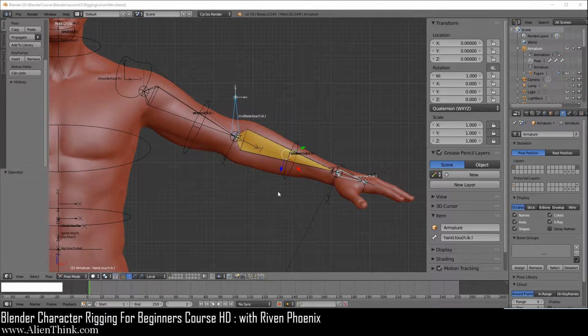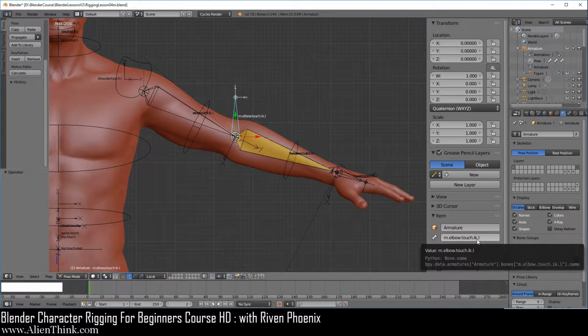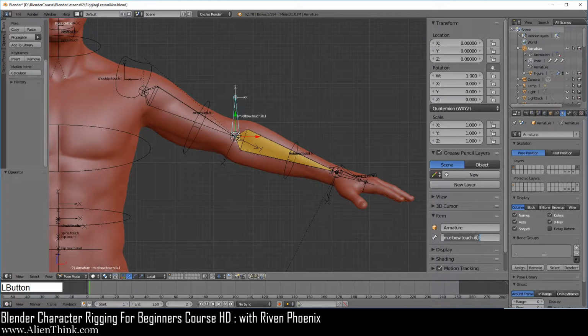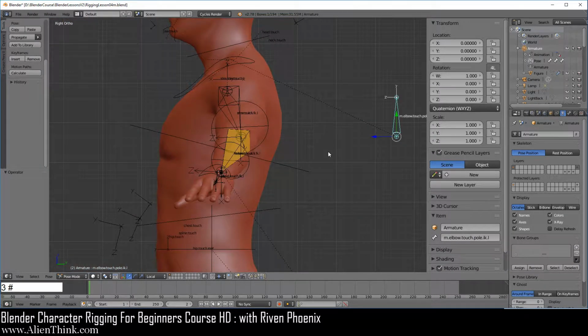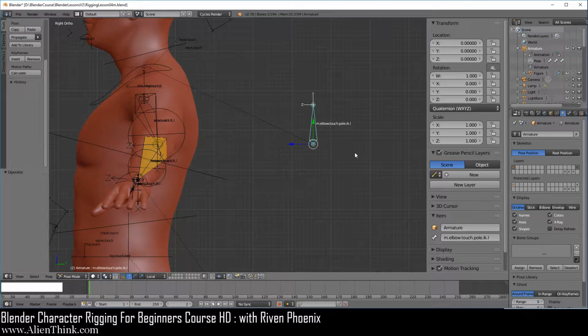Okay, so what we're going to do now is add the bone shapes for these two IK touch bones. So go ahead and click on this elbow bone over here. Now here we should add the word pole because we did this on the knee pole target. So here I'm actually going to click here and just type in pole.ik.l. Okay, it's just a naming convention that we want to stick to. Go ahead and press the 3 key to go to your right view, do Shift middle mouse button to bring this into focus. Now, of course, we're going to do Shift S and do cursor to selected.